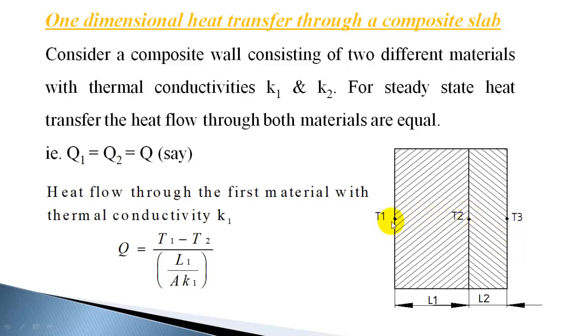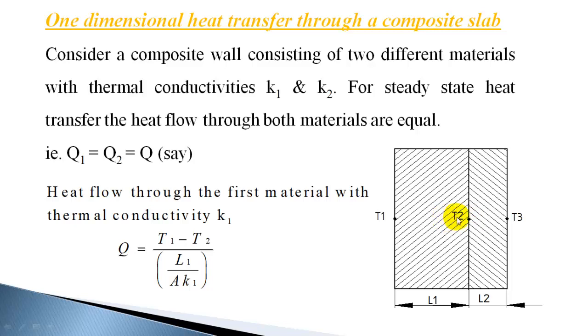Any system, if you leave for a longer period of time, it has to settle down to a steady state. So heat is flowing in the x direction. So it is a one-dimensional heat flow. We are considering one-dimensional heat flow. So heat is flowing in this direction. The heat conducted through this first material has to be equal to the heat conducted through the second material. So if suppose 10 watts is flowing through this, if only 8 watts flows out through the second material, there is a difference of 2 watts. 2 watts means 2 joules per second.